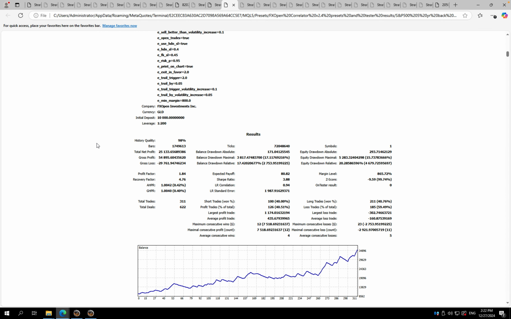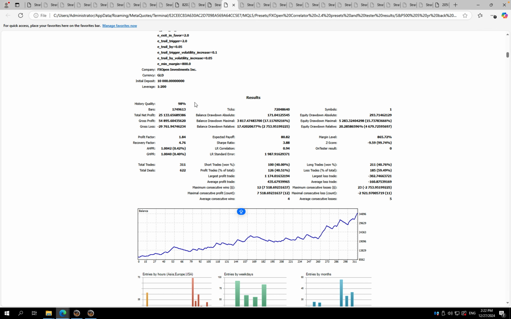this more quickly now that we have a base. 98% accuracy of the history. Total net profit is 25,133 over the 5-year period, and the profit factor is 1.84, and the drawdown is 20%. The biggest drawdown we can see is 20%,